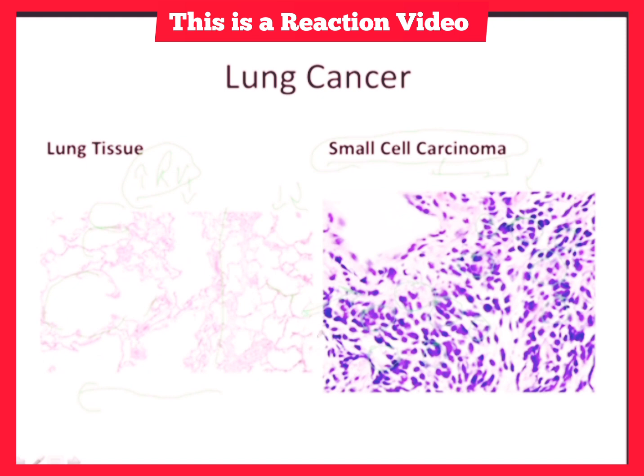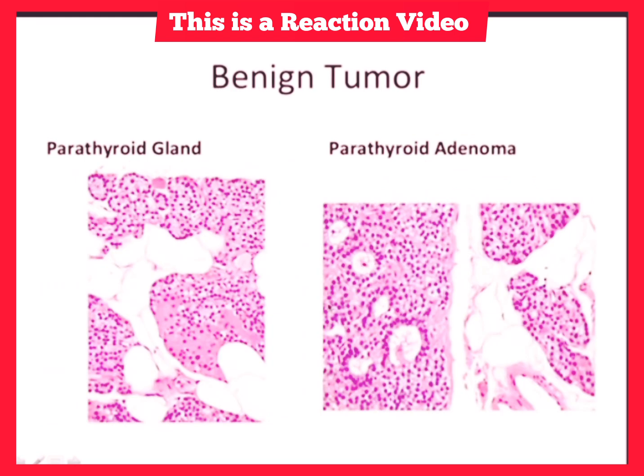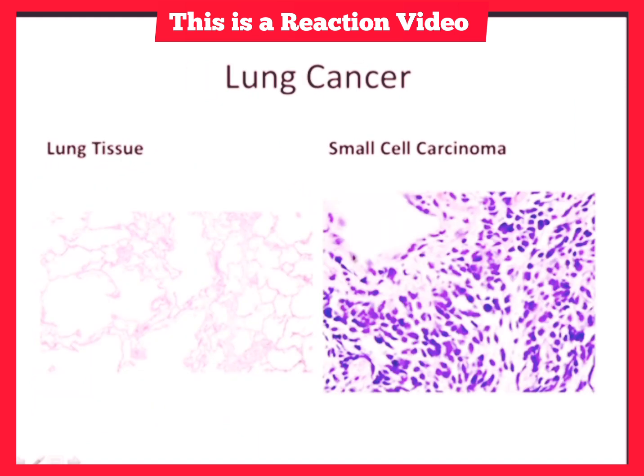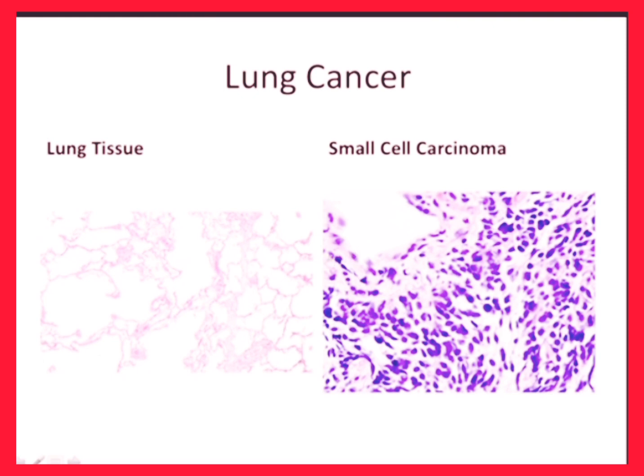So hopefully these images illustrated the point of benign tumors pretty much looking like the tissue that they came from, whereas malignant tumors are very alien and bizarre in appearance. And that's where, when one of these is found, whether it's benign or malignant, staging is very necessary so you can figure out the appropriate treatment. So that is my basic overview of neoplasms, tumors, and cancer, what this is all about. Remember all that very introductory but important terminology, because that's stuff you're going to see all the time.